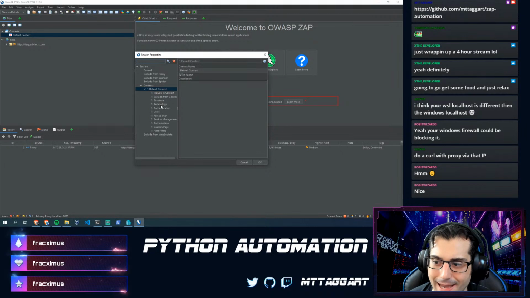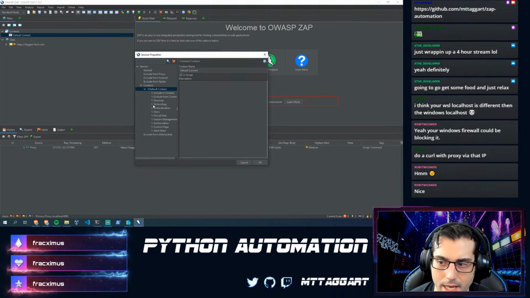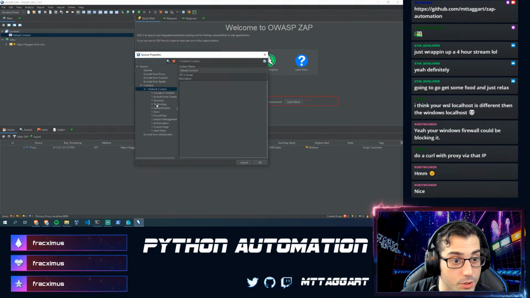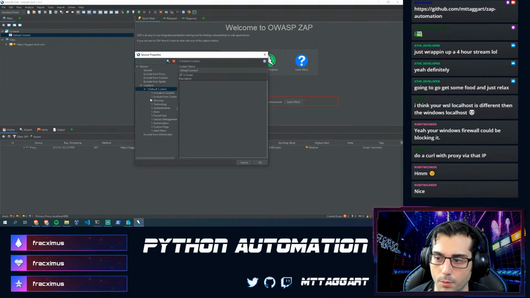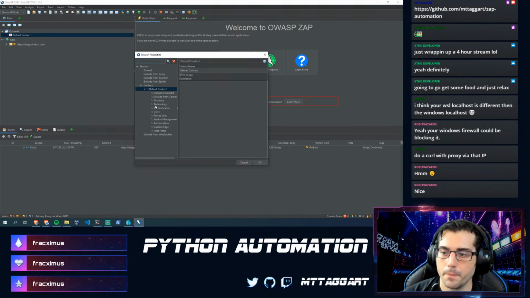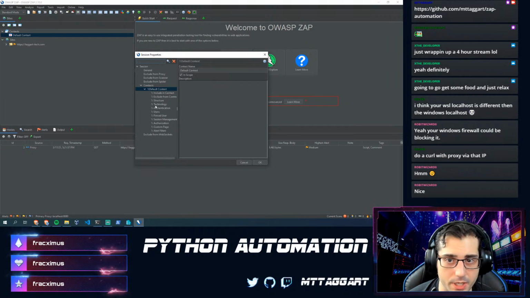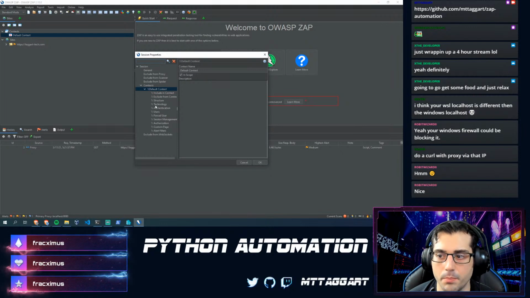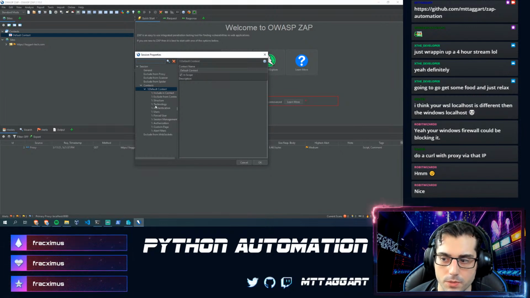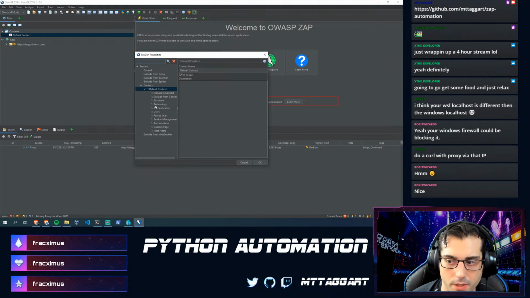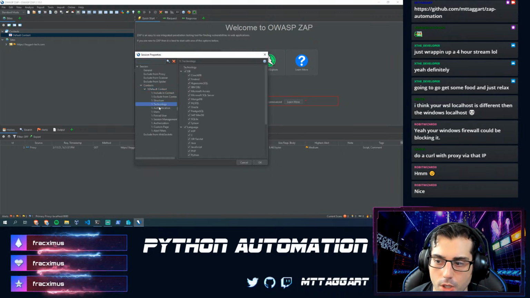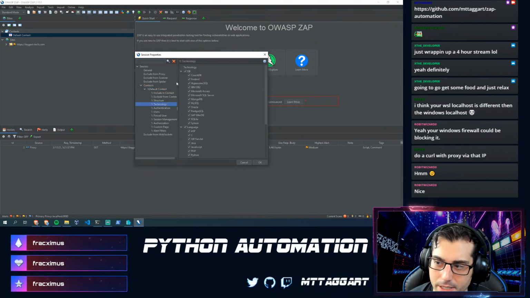Similarly, the technologies that you are attacking are contextual, right? In other words, Zap has this concept of a context, which is just a grouping of configurations, and multiple sites can be inside of one context, but the contexts determine the technologies involved, as well as authentication. So if I want to group these up, look, by default, it's going to look for every single thing. I don't need to be testing for IBM DB2.